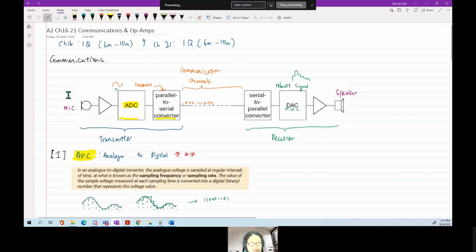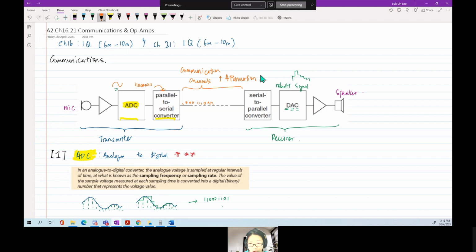So we have settled this part at the transmitter. We have settled this part at the receiver. Next part, we need to talk about the communication channel. So the communication channel in between here includes attenuation. Why? Because right now, I don't know where you stay, but if let's say you stay very far away from